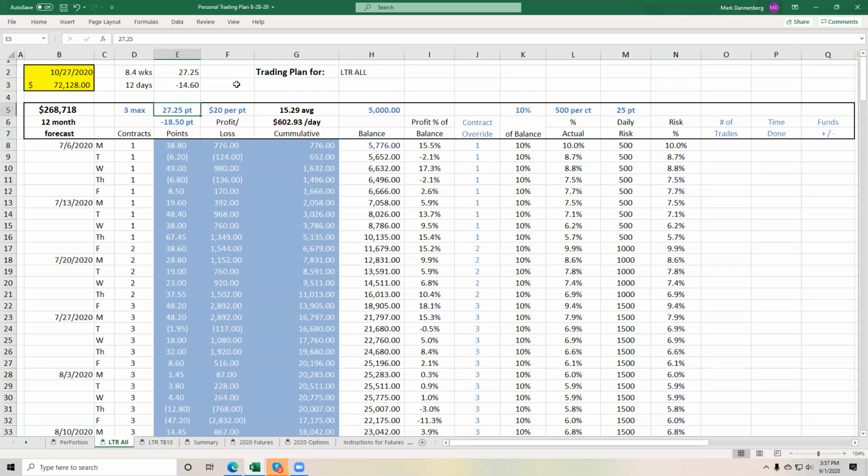And then I'm going to leave our 27.25 points per day. I'm going to leave that alone for now. The overall average, the blended average between winning days and losing days is 15.29 points a day, or $600 a day. Okay, so now that we've got our winning days and losing days plugged in based on our actual run rates,